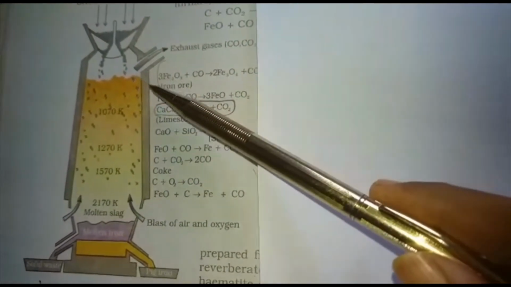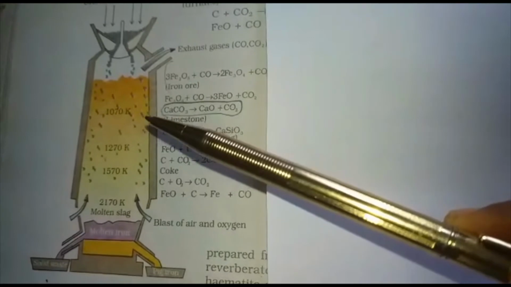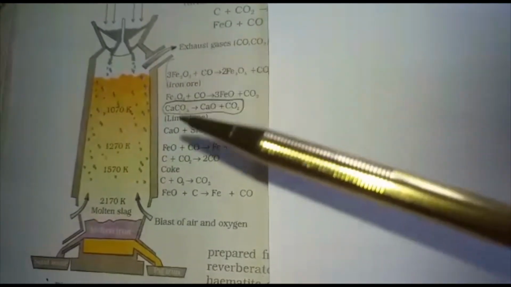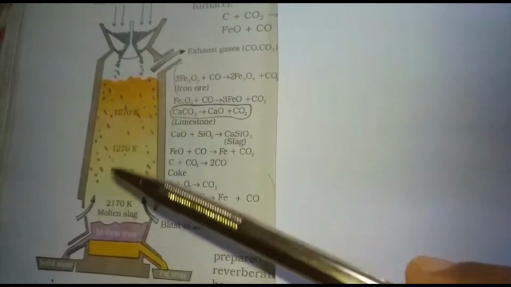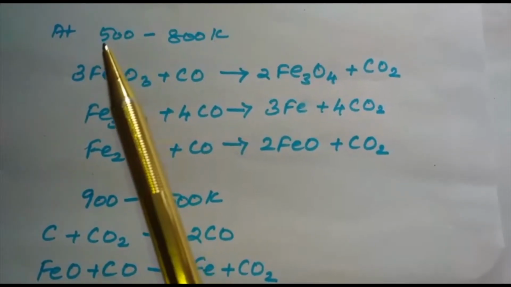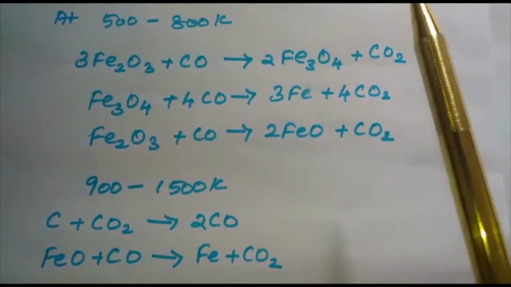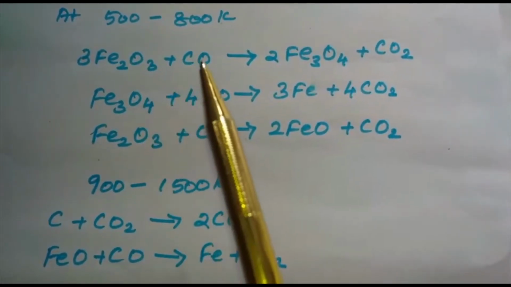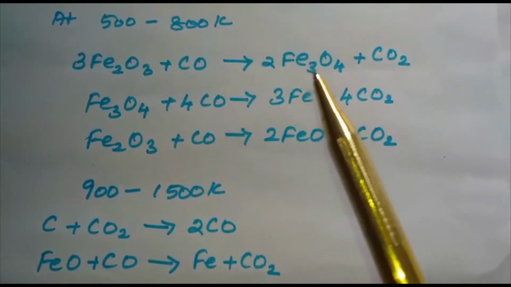In the upper part, the temperature is lower and the iron oxides Fe2O3 and Fe3O4 coming from the top are reduced in steps to FeO. The reduction reactions taking place in the lower temperature range and in the higher temperature range depend on the points of corresponding intersections in the delta G versus T plots. The reactions taking place at the lower temperature in the blast furnace, that is the upper part of the blast furnace, are found to be with Fe2O3 plus CO. At the lower temperature range, carbon monoxide is used as the reducing agent.